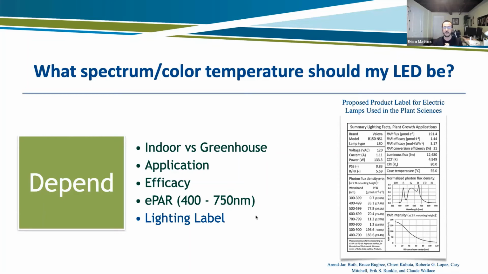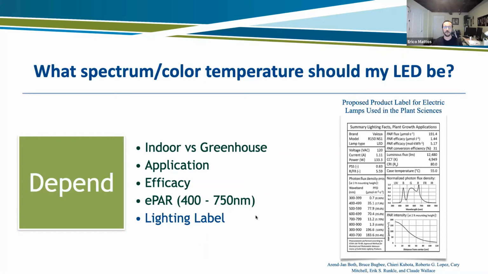EPAR, this is what Laura talked about at the beginning. Everything nowadays is pretty much recorded between 400 and 700 nanometers. That's the definition of photosynthetically active radiation. There's a lot of talk now and data supporting that we should consider the extended PAR, which goes all the way to 750, pretty much accounting for the impacts and effects of far red light, what it does for the photosynthesis process of the plant, enhances it, and you have morphological impacts there as well.